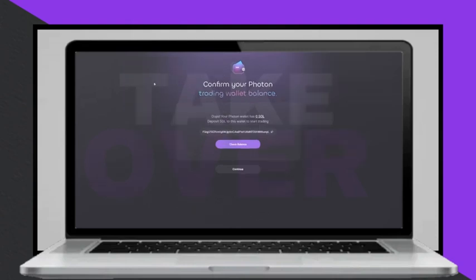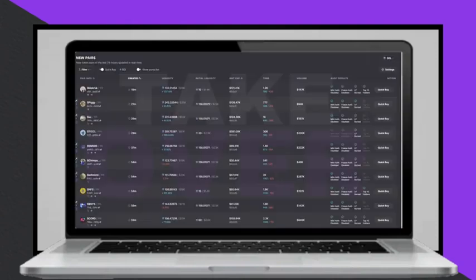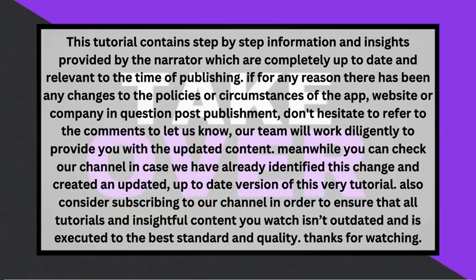Before proceeding, it is essential to save the private key in a secure location, as it cannot be retrieved once lost. The next step involves depositing Solana into the wallet, which can be done by copying the wallet address from Photon and pasting it into Phantom. After selecting the amount of Solana to send, the transaction can be confirmed, and the balance updated once the transaction